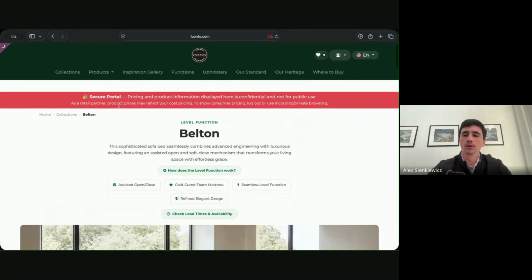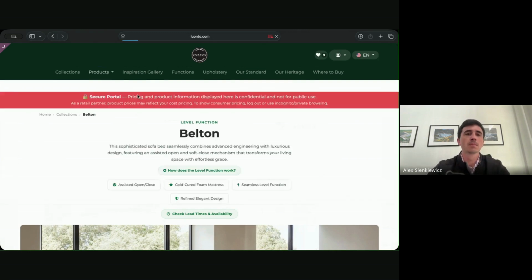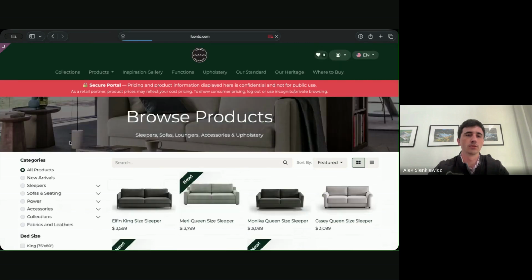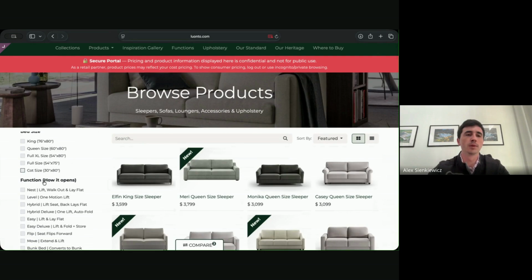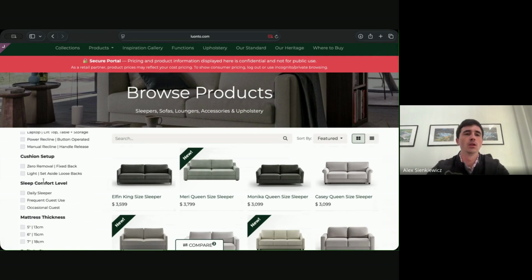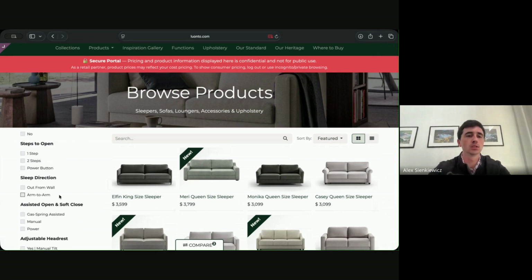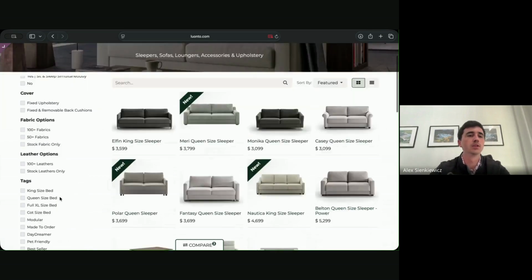Next, we're going to talk about the product page sidebar filters. So now, on our sidebar here, if I go to all products, for example, you can see you can filter now by bed size, by function, cushion setup, comfort, mattress thickness, whether it has storage, sleep direction, whether it has a headrest, power option. All of these things are now